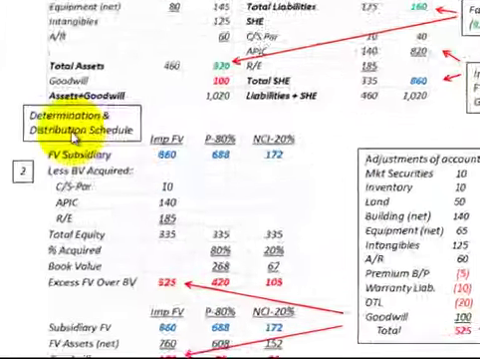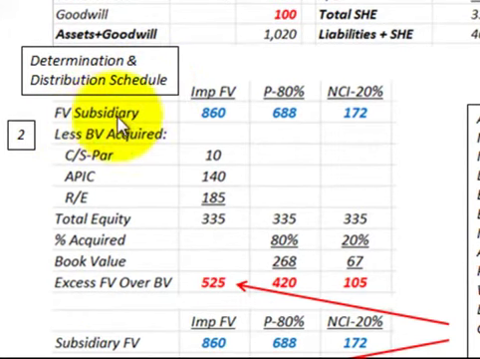Okay, next let's look at our distribution schedule, starting with the fair value of the subsidiary. First we'll concentrate on the 80% that the parent is purchasing of the subsidiary, and that was for $688,000. So the total fair value for the subsidiary would be $860,000. Now that's the implied fair value, and that's calculated by taking the $688,000 paid, dividing by 0.8, and you get $860,000. So the remaining amount would be the 20% of non-controlling interest for